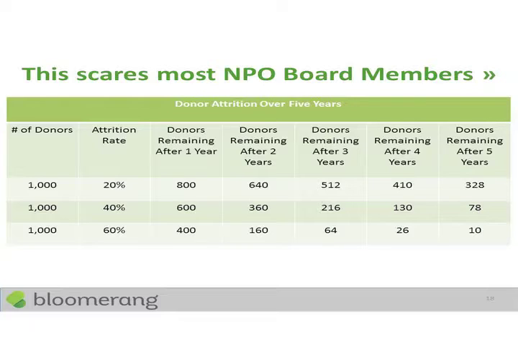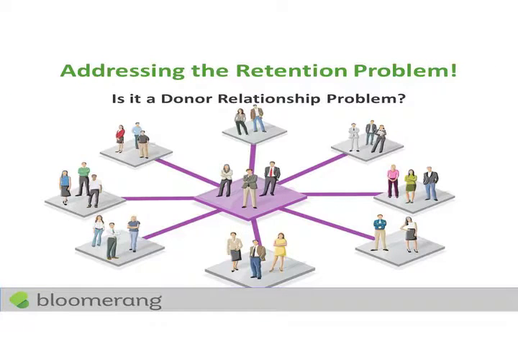So you can see 1,000 donors over 5 years dwindles down to just 10 with that being the case. So that is a scary situation, but it's not one that we can't take steps to help rectify, because in our work with the databases, we have seen organizations with an attrition rate of only 20 or 30%, but it's only on a rare occasion that we find that being the case. So when we talk about addressing the retention problem, I'm going to agree 100% with Sandy that it is all about the relationship. You see there the question, is it a donor relationship problem? I'm going to say yes.